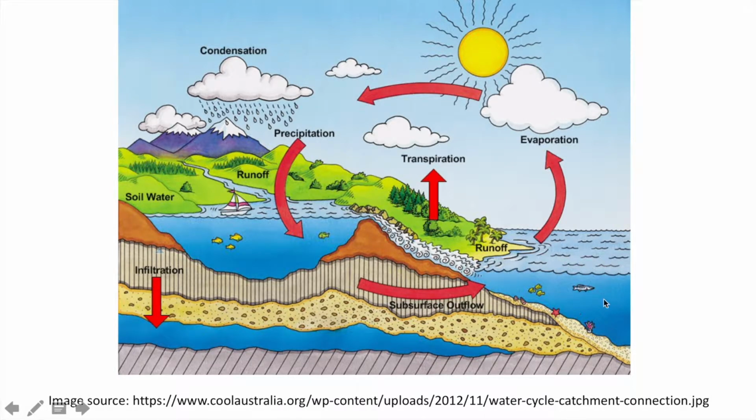Let's assume that this area over here is salt water. So this is some kind of ocean, large bodies of water on the earth. The ocean gives up water to the atmosphere through the process called evaporation. So when surface bodies of water, and this doesn't have to be the ocean, this could be a freshwater pond over here as well. Any kind of standing body of water, even a puddle on the ground, goes through this